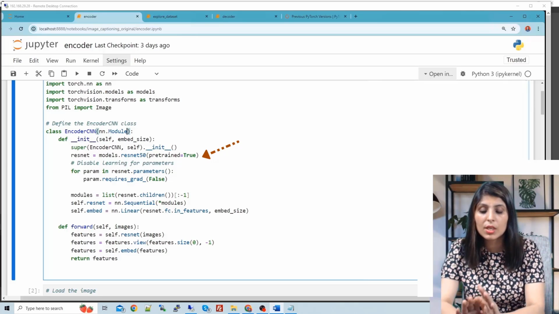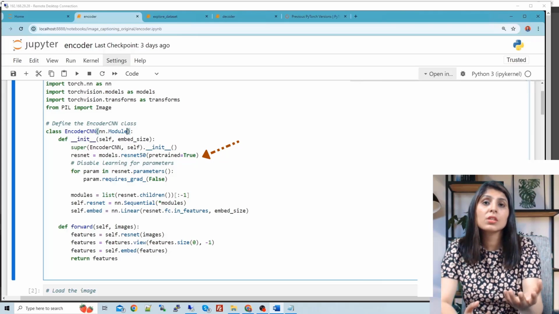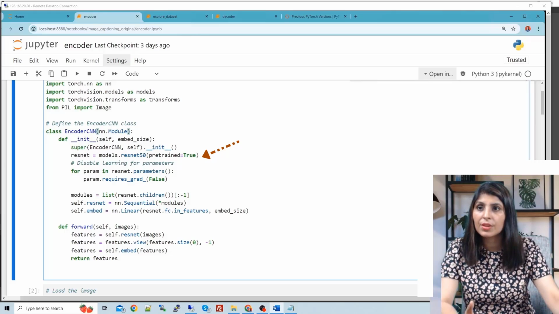We are not training the CNN model to extract features, because pre-trained models are already available. So here we are using the ResNet 50 pre-trained model, which is trained on the ImageNet dataset, and we are just importing that model and extracting the features. So this is how we do that.